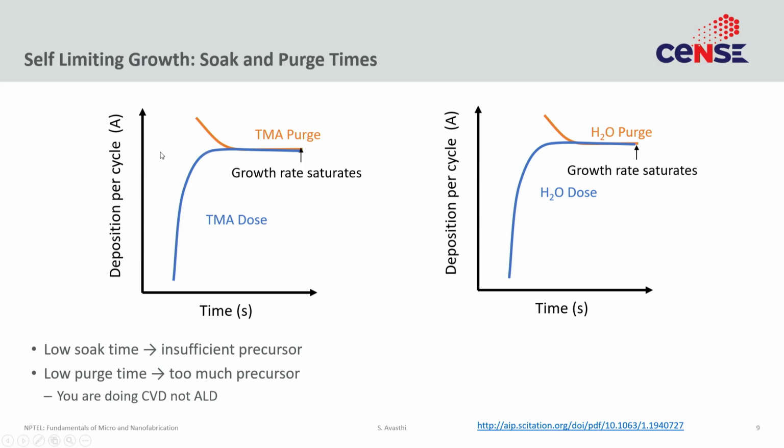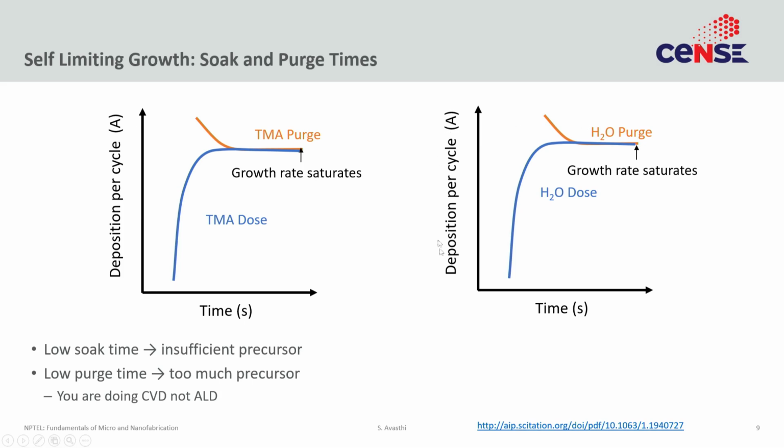So, now your deposition cycle will once again saturate. What should be the length of your purge cycle? It should be as long as exactly this point. Any less and you have excess TMA in the chamber that is messing up your ALD; any more and you are wasting time. Once you are done with component A, you can do the same optimization with component B.